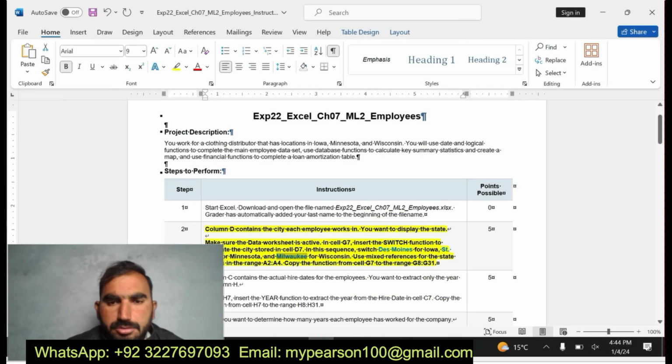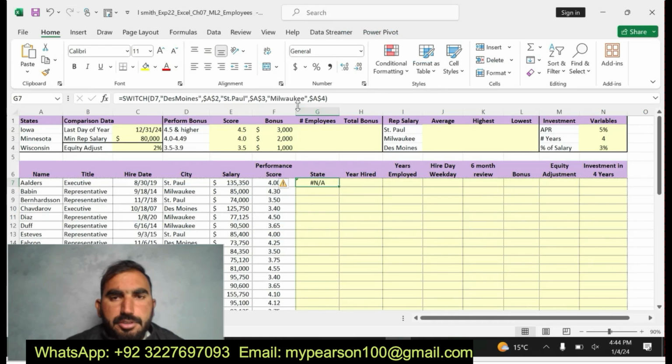Copy the function from cell G7 to the range G8 to G31.